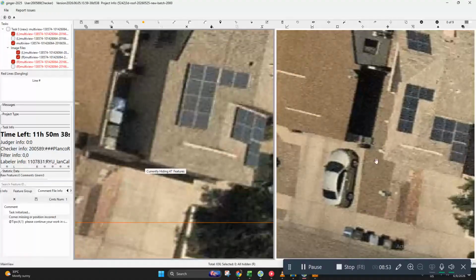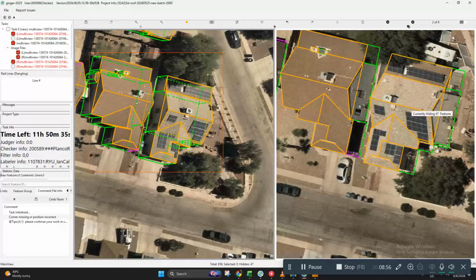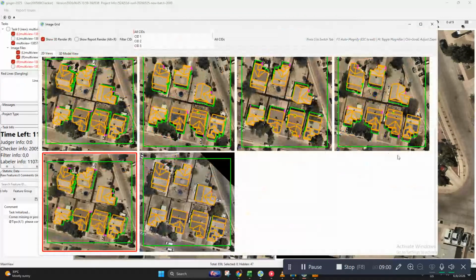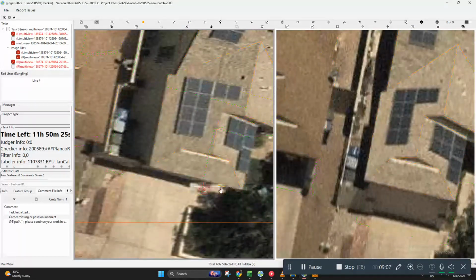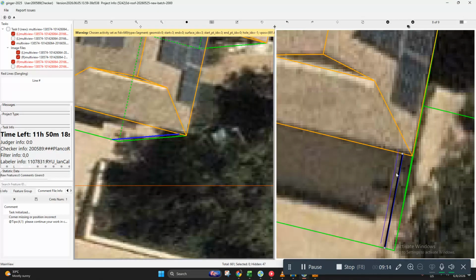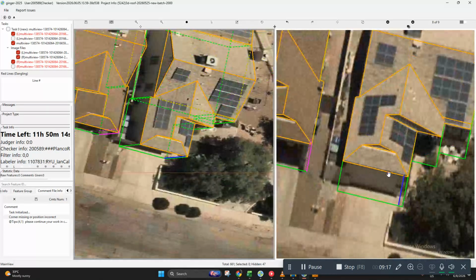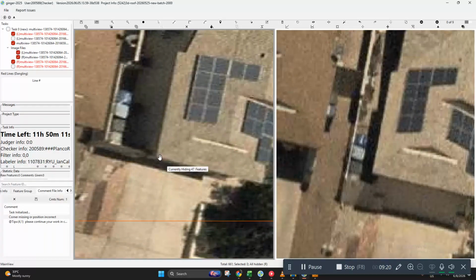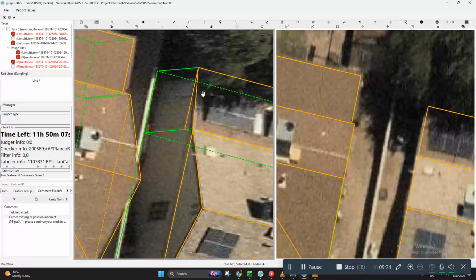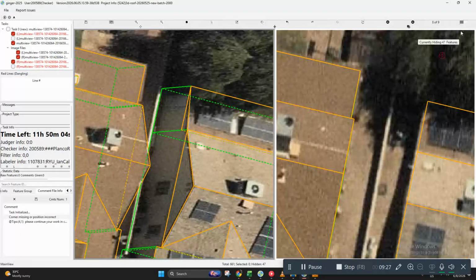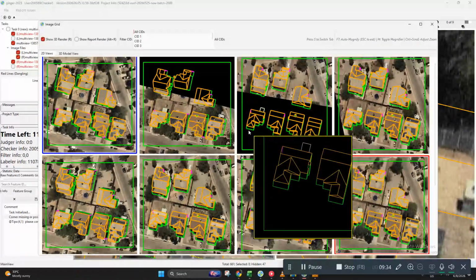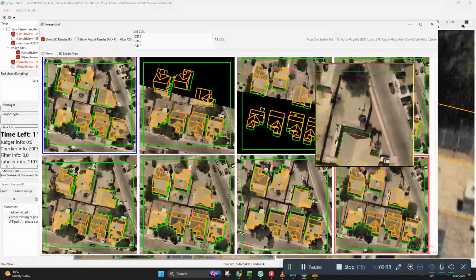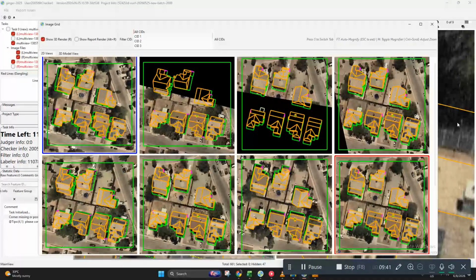And let's draw our corners, sorry. Like so. Okay, let's use this area.